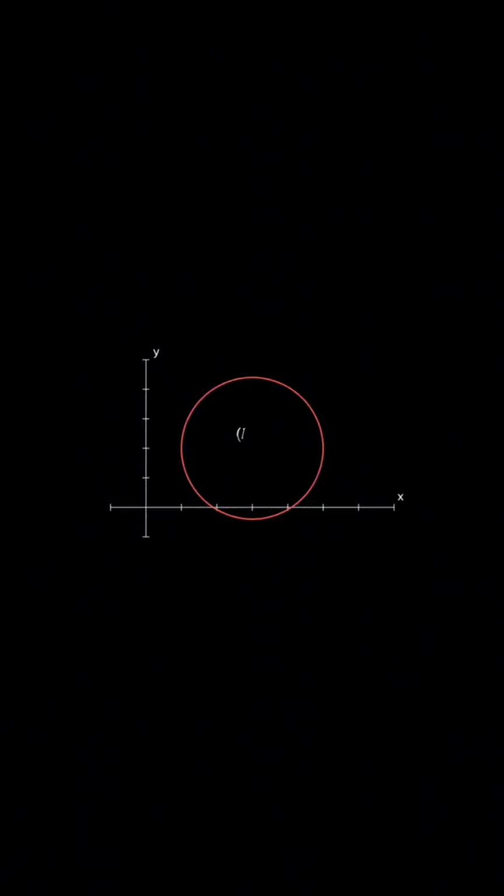The center of any circle can be represented by the coordinates h and k. These variables are commonly used in the general form of a circle's equation. In our specific example, the center coordinates are h equals 3 and k equals 2. These values will be substituted into our final equation. The radius